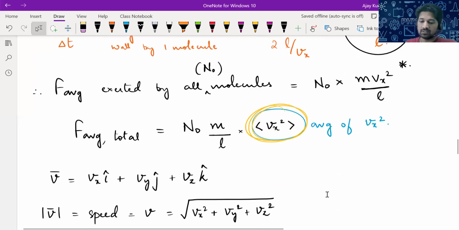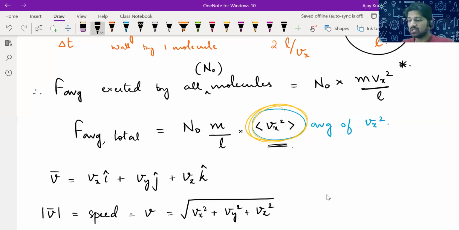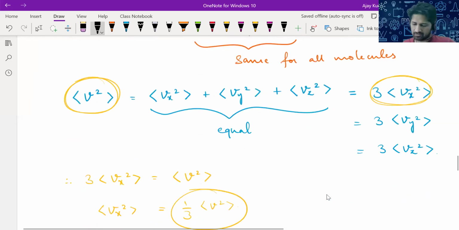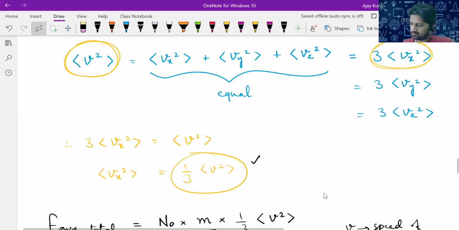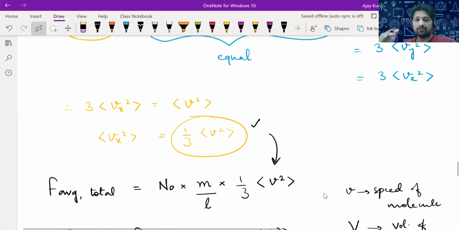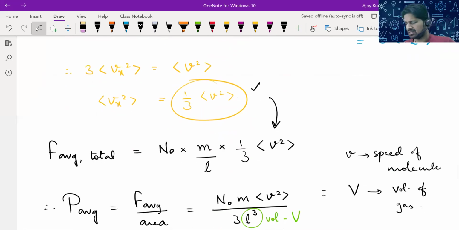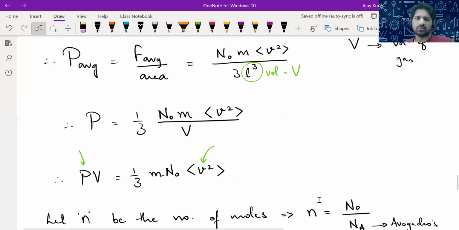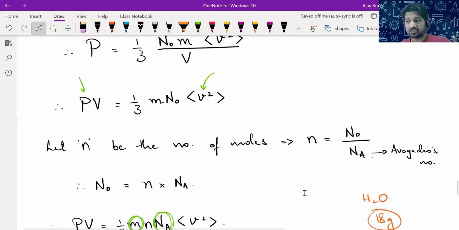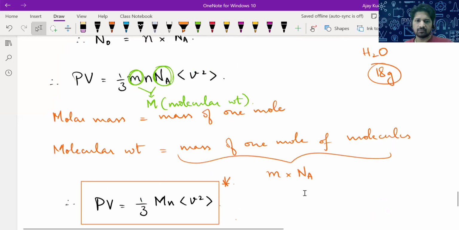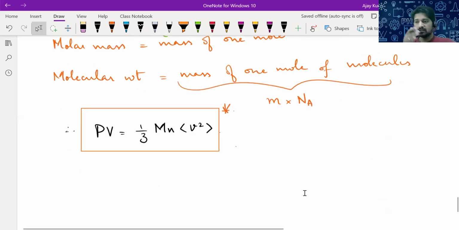But there was a problem. All molecules won't have the same x component of velocity. So we had to average the x component of velocity. And instead of sticking to the x component, we expressed x component in terms of the overall speed of the molecule. Okay, so average of Vx square will be one third the average of V square. That is what we substituted here. So we got an expression for total average force experienced by one wall of the container divided by area. You will get an expression for average pressure exerted on the wall of the container. So that is how we are relating pressure of an ideal gas to the speed of its gas molecules. Okay,